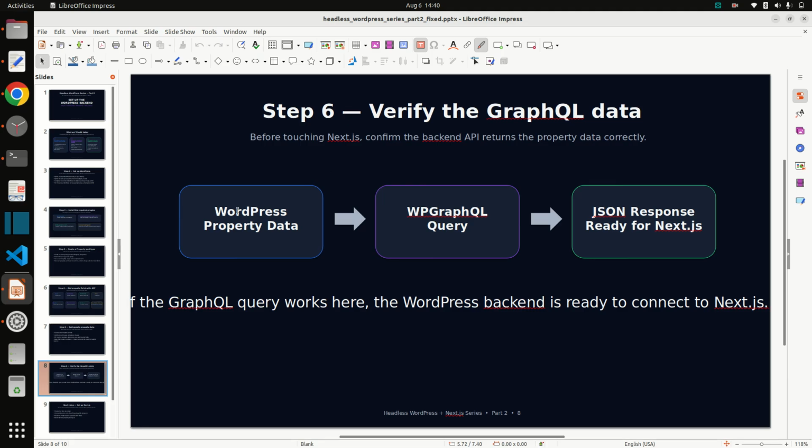We already set WordPress data, and now checking WP GraphQL, and it will give a JSON response which is ready for Next.js.